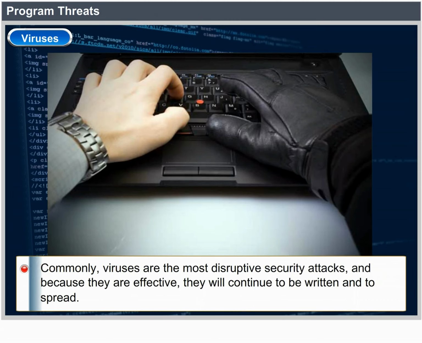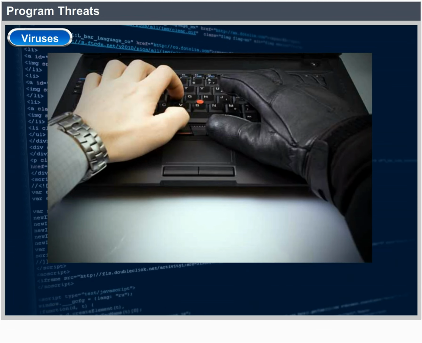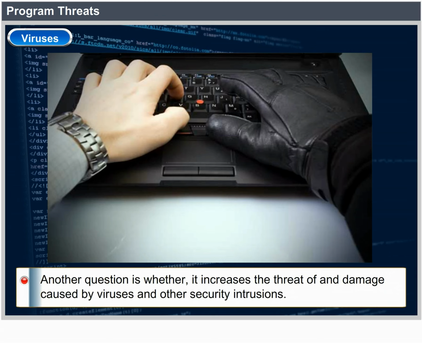to spread. An active security-related debate within the computing community concerns the existence of a monoculture in which many systems run the same hardware, operating system, and application software. This monoculture supposedly consists of Microsoft products. One question is whether such a monoculture even exists today. Another question is whether, if it does, it increases the threat of and damage caused by viruses and other security